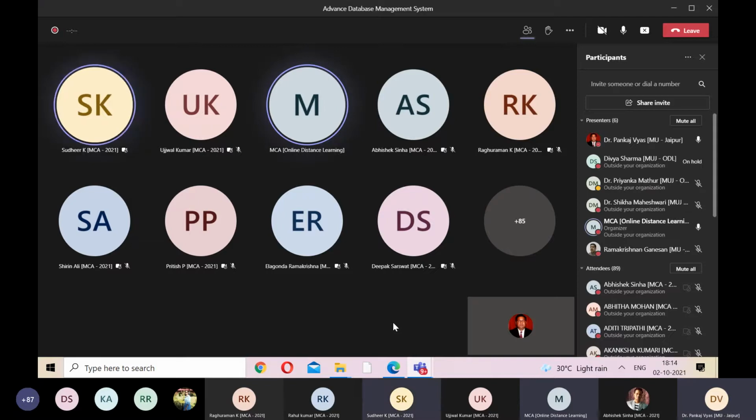The whole information will be shared by the department through your mentors. I think the exams are going to start from 25th October, ma'am, or 23rd October. Ma'am, is it going to be in the month of October itself, or does it happen afterwards? Yes, it will be in October only, and for that the slots and every other piece of information will also be shared with all our learners.